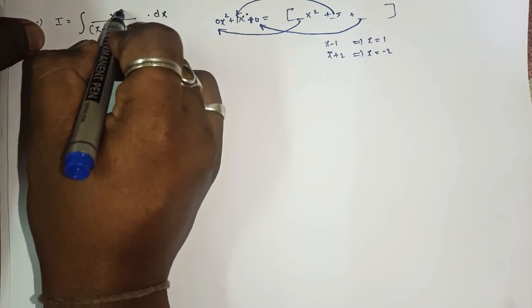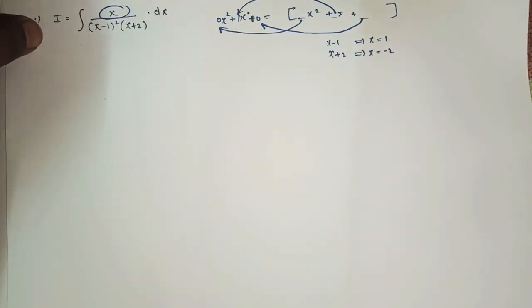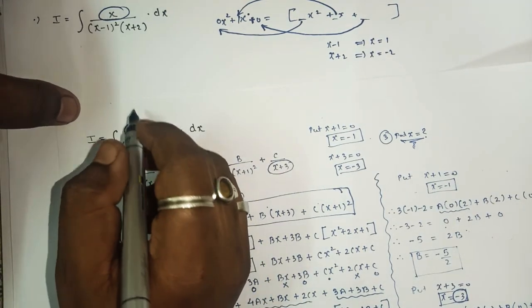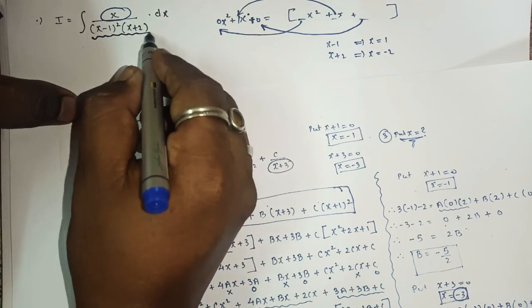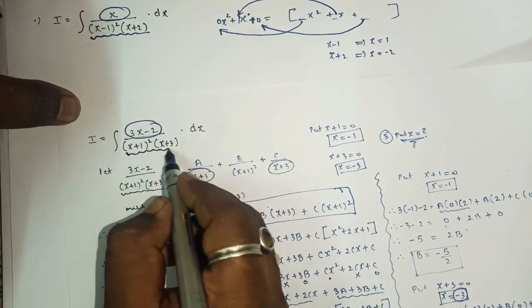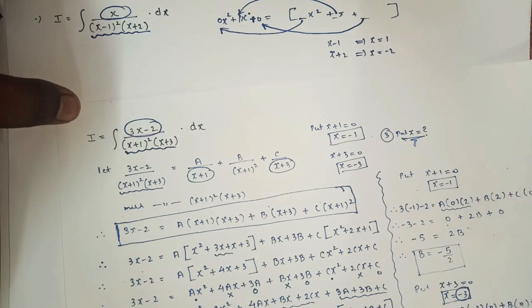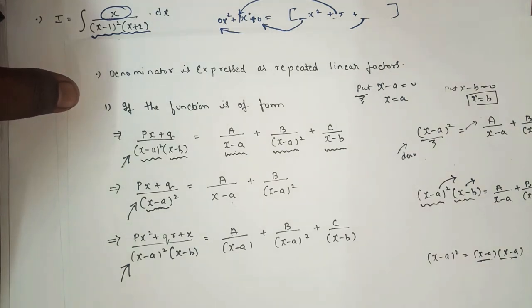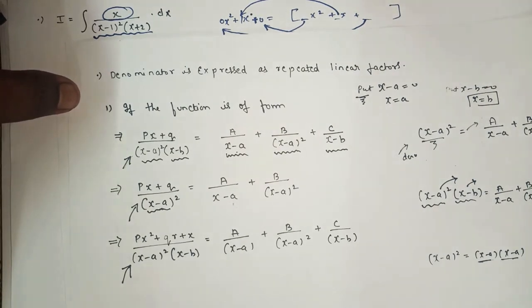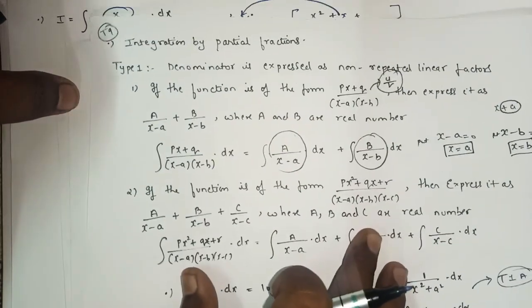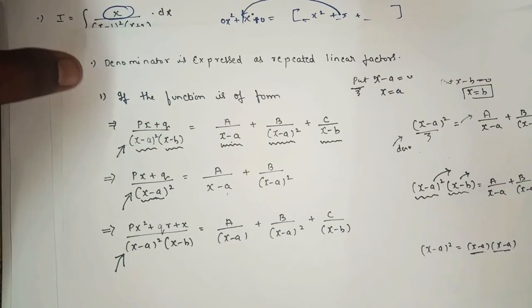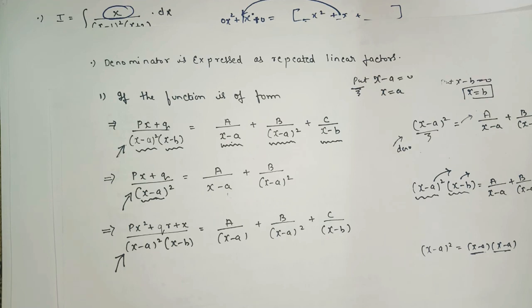It doesn't matter whether it is linear, here we have linear, or we have a quadratic section. You simply have to focus on the denominator section. You have to check whether it is repeated or non-repeated. When it is repeated, this is the method, and when it is non-repeated, we had seen in the last lecture. Yes or no? So this is for the non-repeated and this is for the repeated. We are left with one more type in this part, so that we'll see in the next lecture.